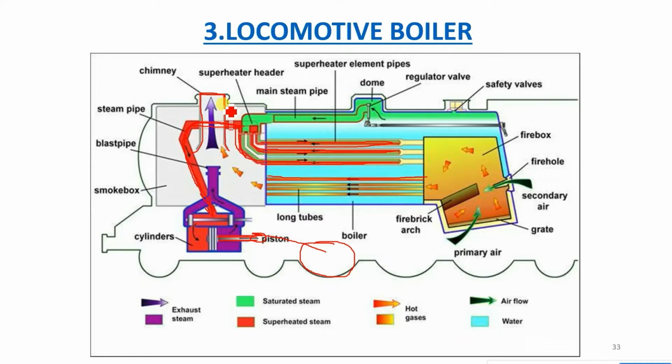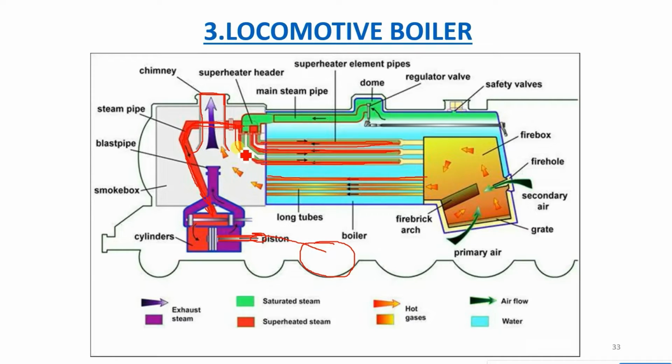Yes, a locomotive is a moving power plant. It has to move. Because of moving, if the chimney is longer, it cannot withstand the thrust and other vibration. And one more thing, it has to pass through tunnels and bridges, isn't it? So it can touch them. So there is a restriction of height in the case of a locomotive. But we know that natural draught is produced with the help of chimney height. So here natural draught cannot be produced.